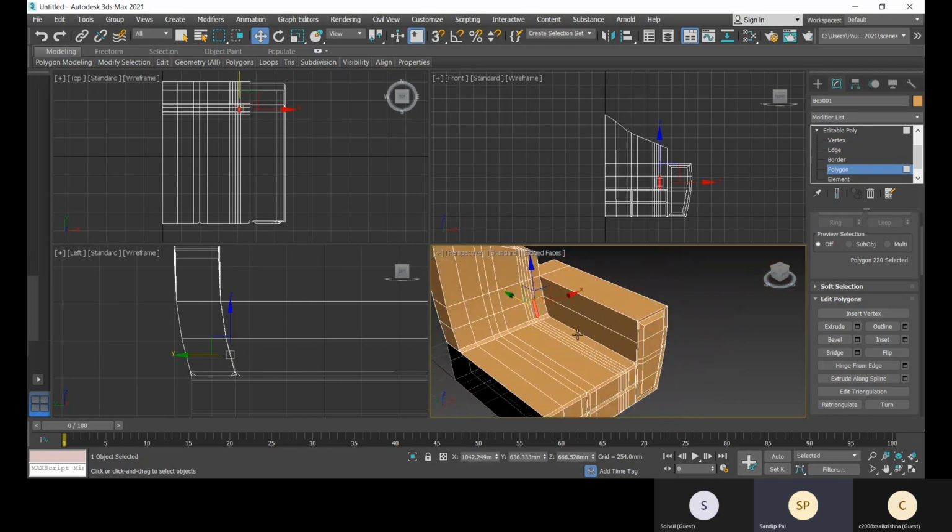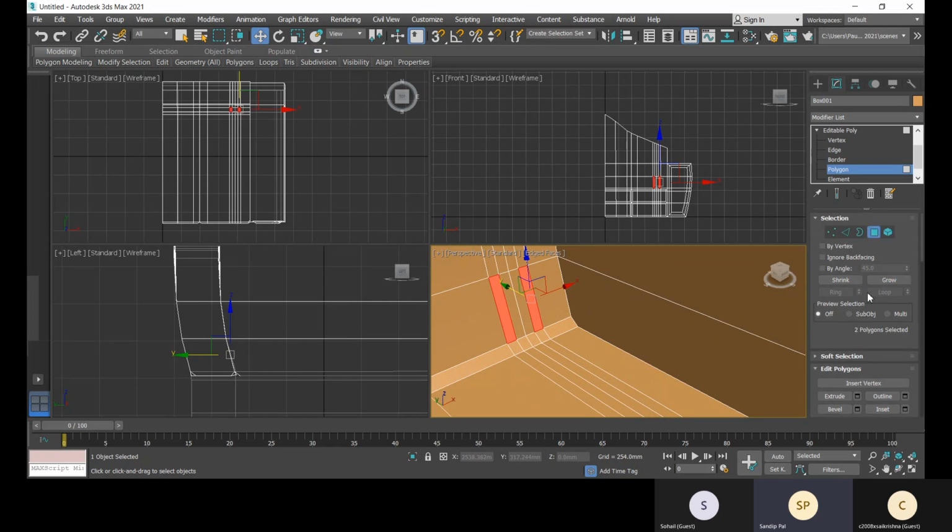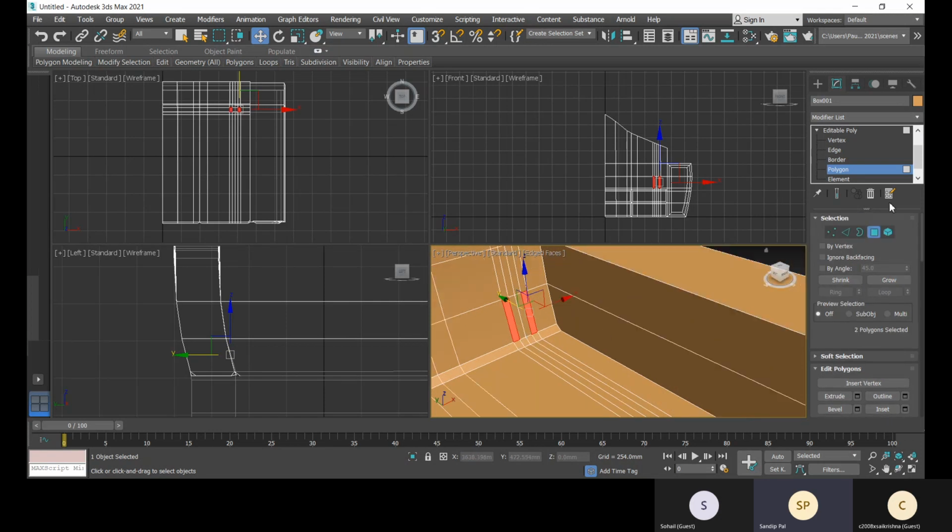I'll select this and select this. For polygon you will not get this loop option, so to select this you have to hold the shift button and then click.